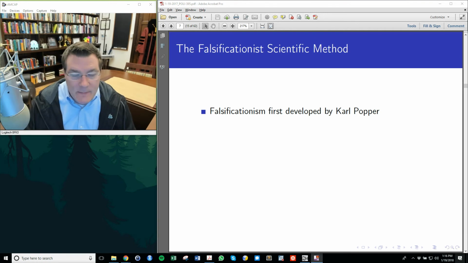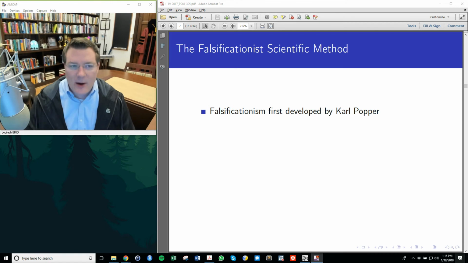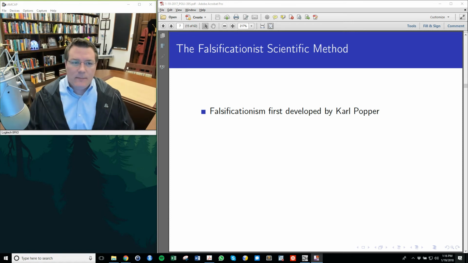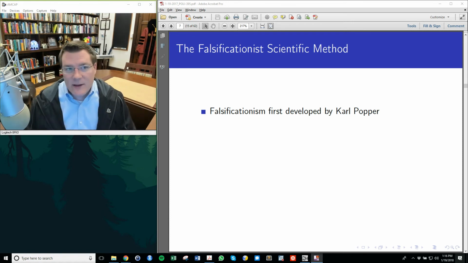So because of the problem of induction, we can't simply observe what's out there and uncritically draw conclusions about how nature, how physical processes, how politics works. So we have to do something else, and philosophers of science have been working on what we can do to use data productively to come up with a philosophically defensible scientific method. And one idea that's been very influential in the practice of science is falsificationism. Falsificationism was formulated by Karl Popper in the early 20th century.